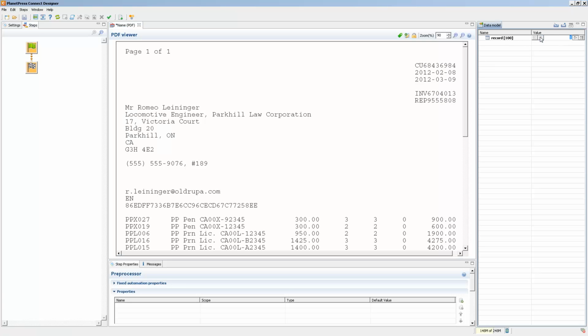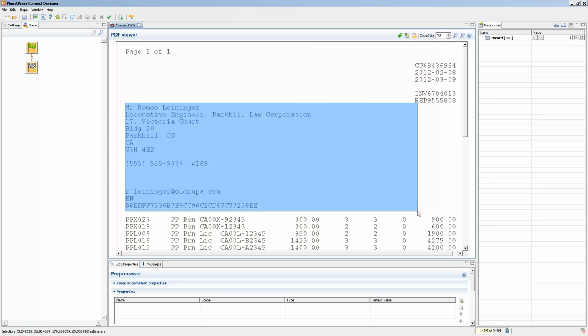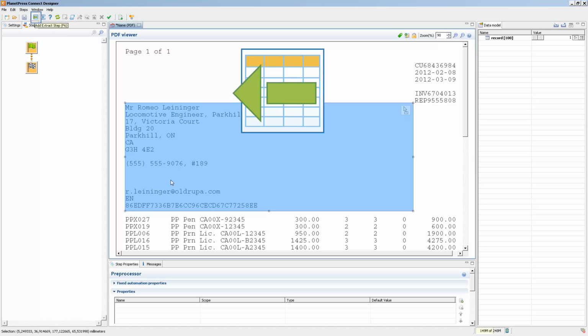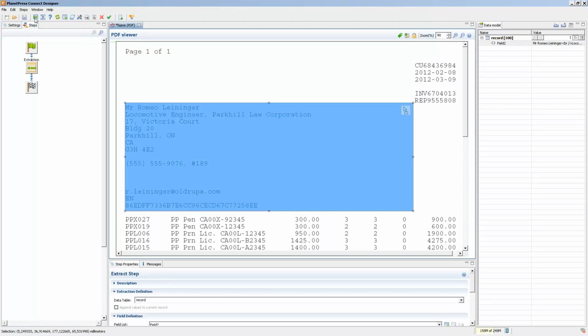in the mail. So let's start by extracting the record data, which is basically the data that is only once for each record. So the address, customer information, etc. There is a couple of ways by which you can extract multiple lines of data. The easiest one is to simply do a big data selection and then hit extract. And by default, this actually extracts one single field where each of the lines is separated